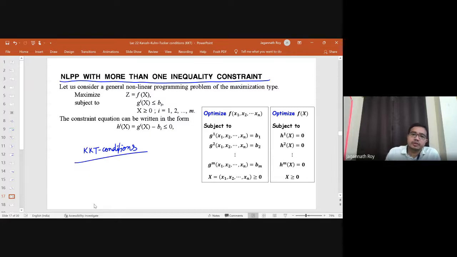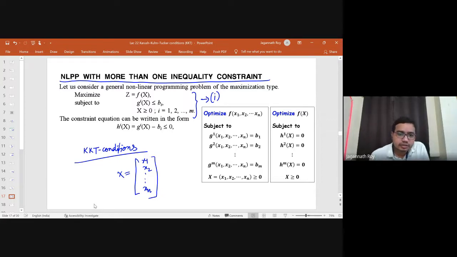Then we have to derive the conditions for a given problem. So, for example, if we have this problem, here x is our variable x1, x2, xn, and we have to find out the Lagrangian function, i varies from 1 to m. So what we need is, in order to make equalities from these inequalities, we have to